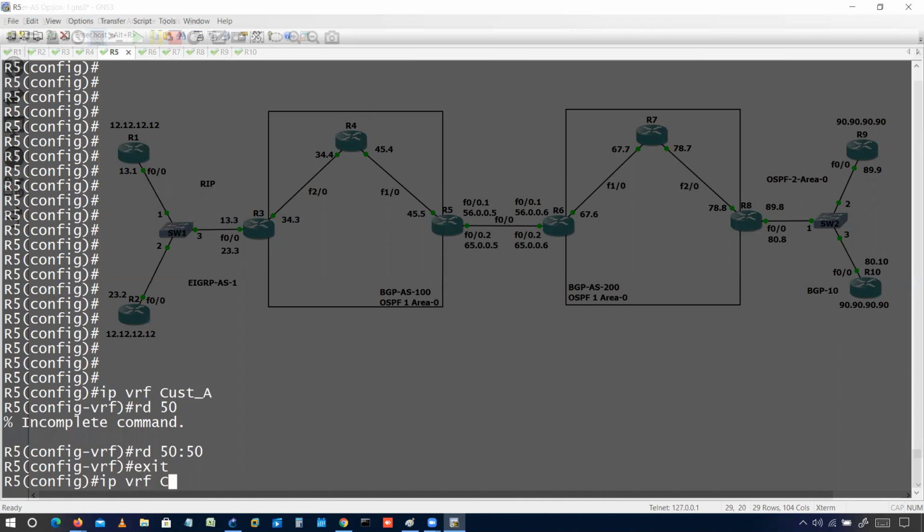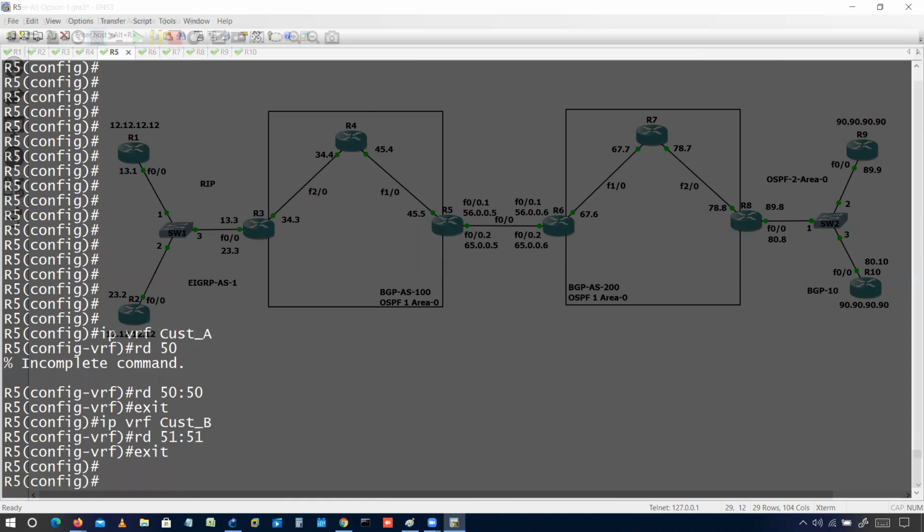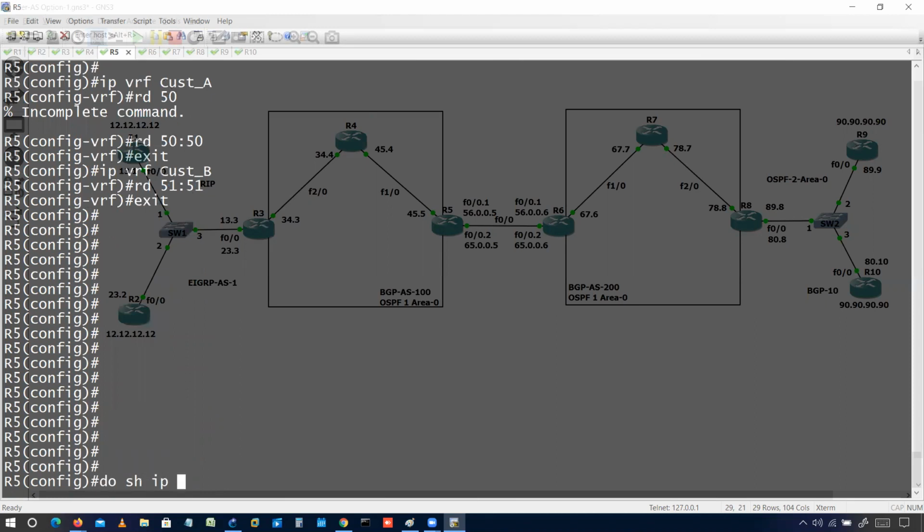Then ip vrf customer B, and here I need an RD that is 51:51. Fine, no problem.